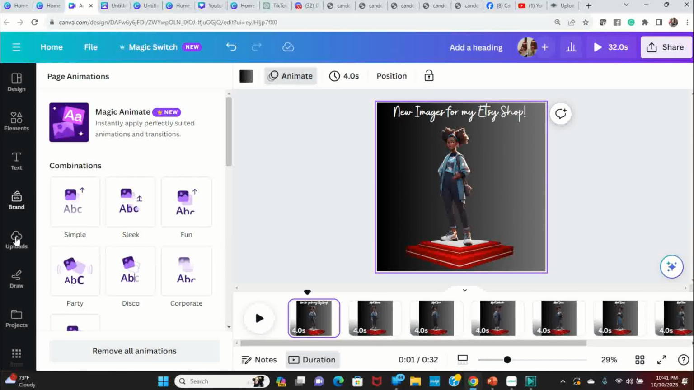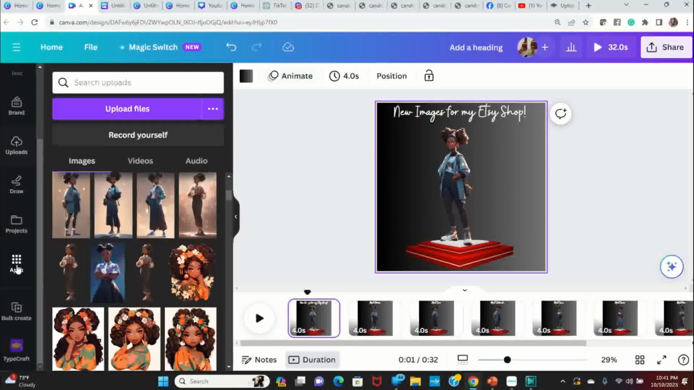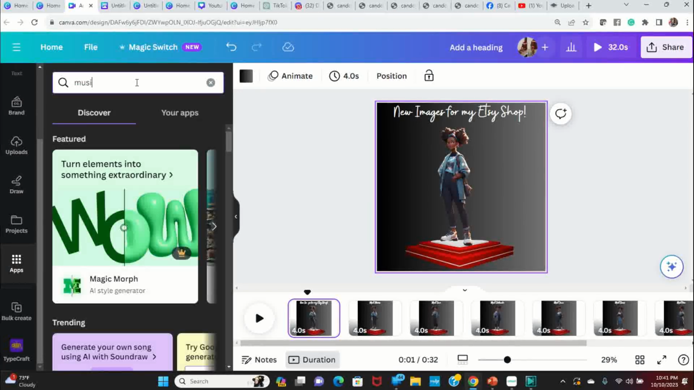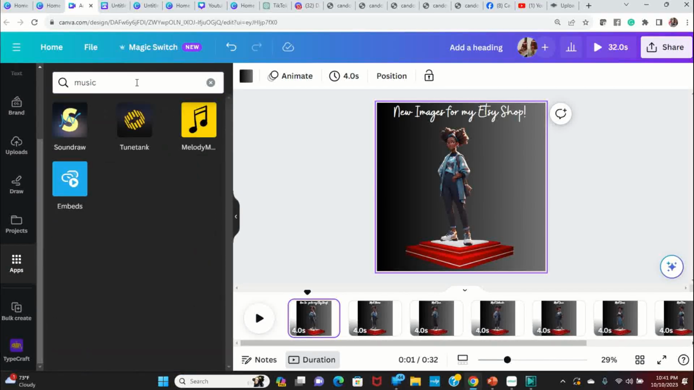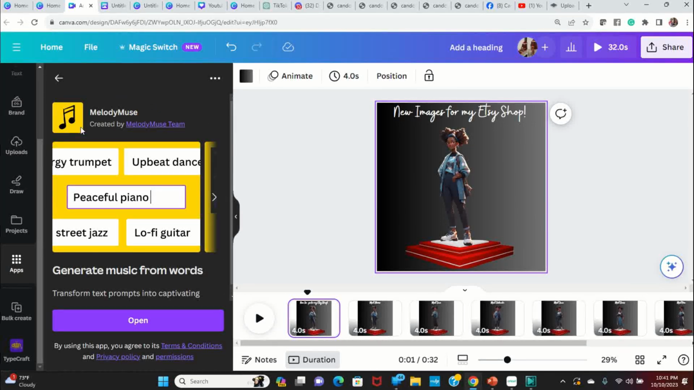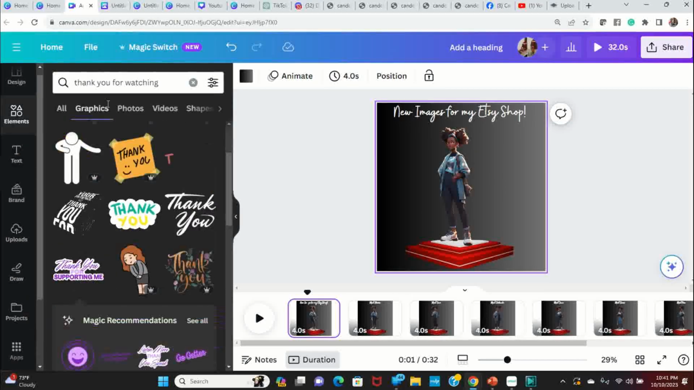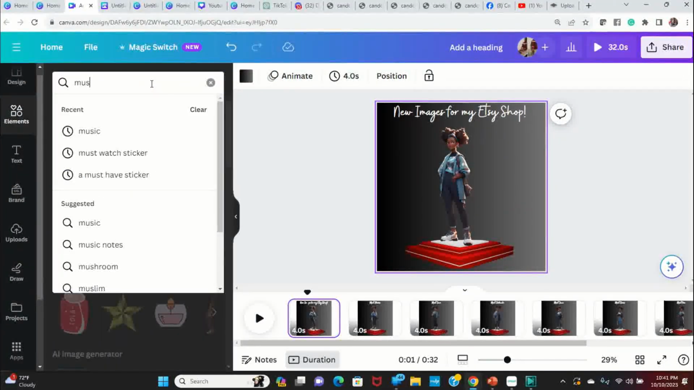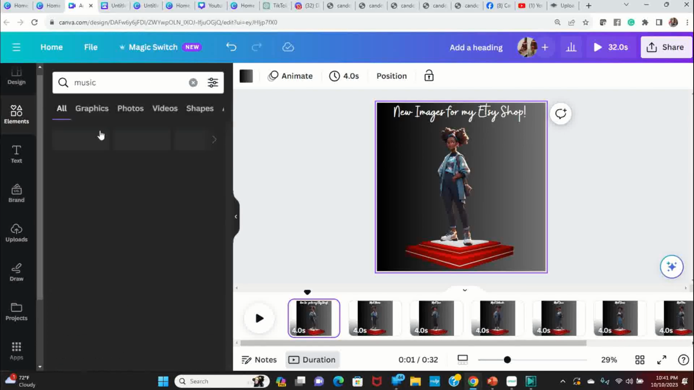But inside of Canva, guys, there is music. There is a music option. I think if you go to apps and type in music, let's see. I haven't played around with it, so I'm gonna search. They got melodies. I think I was in, where was I? I'm gonna go to elements and type in music. All right, music,